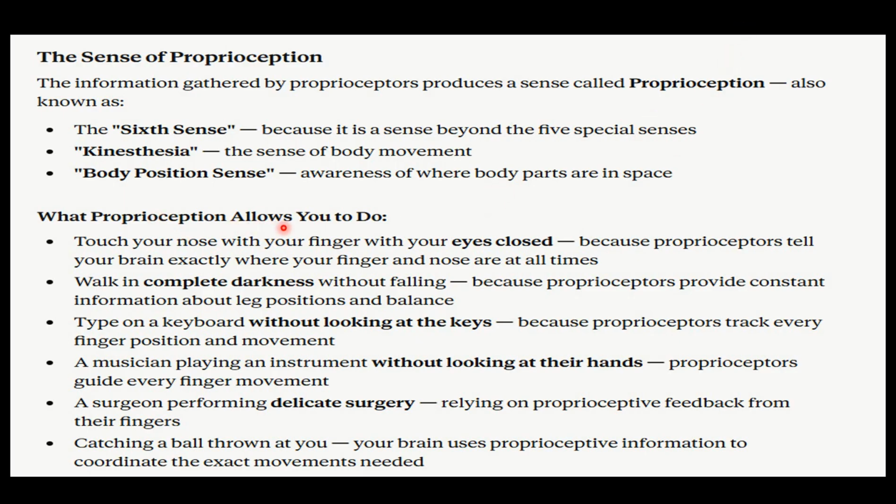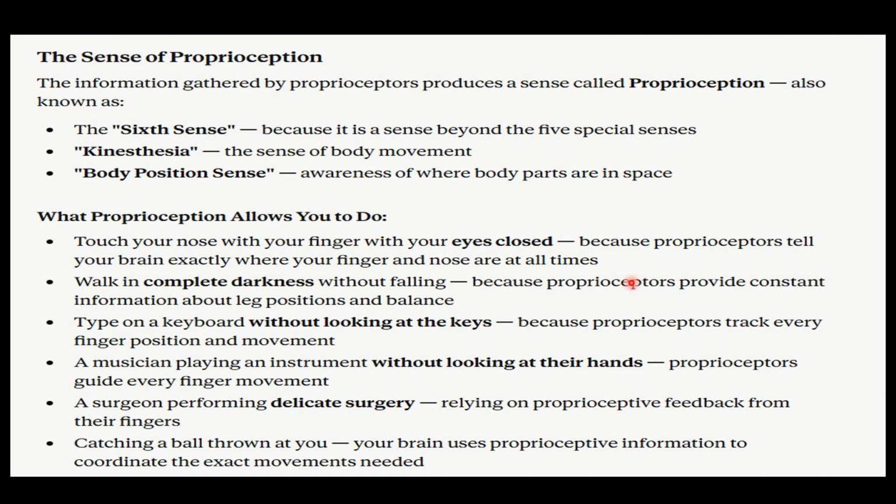So what proprioception allows us to do is touch your nose with your finger with your eyes closed. Because of proprioceptors, it tells your brain exactly where your finger and nose are at all times. So you can do it practically right now. Just try to touch your nose by closing your eyes. You don't need to look for the location for that, right? Because the brain automatically knows where your nose is and where your finger is, and this is happening because of